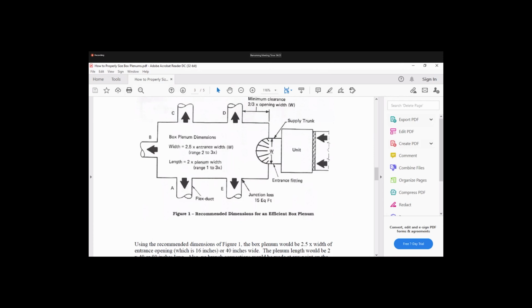Otherwise, what happens? The air will collide with each other and move in any direction, like this direction or this direction, and rotate. It will move clockwise or anti-clockwise. So it will produce unwanted noise and vibration. So the splitter helps for evenly distributed and proper linear flow inside the duct.